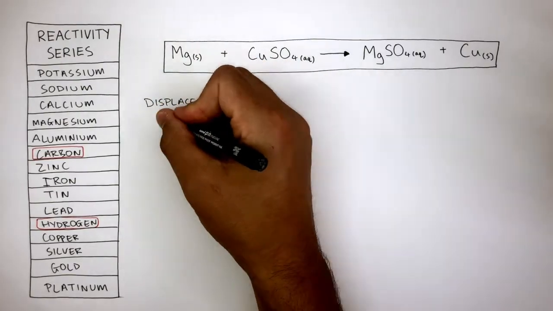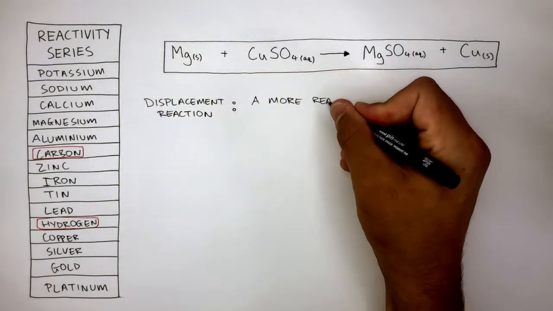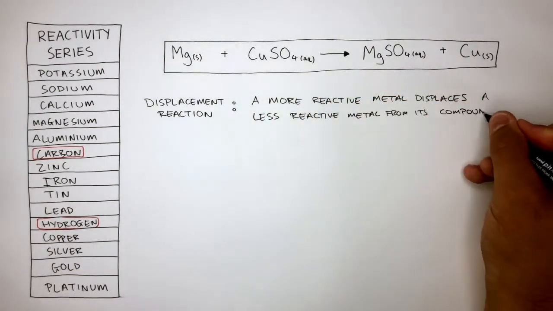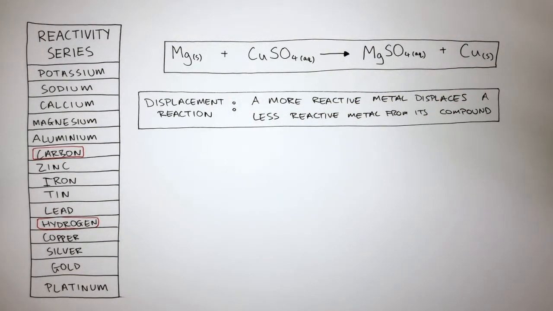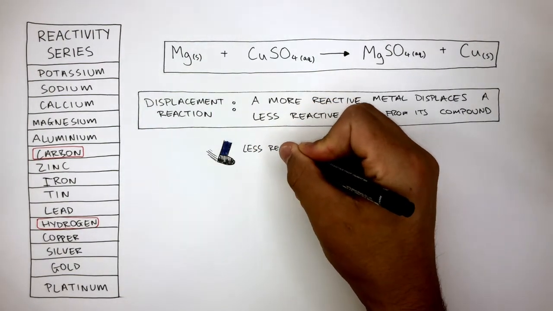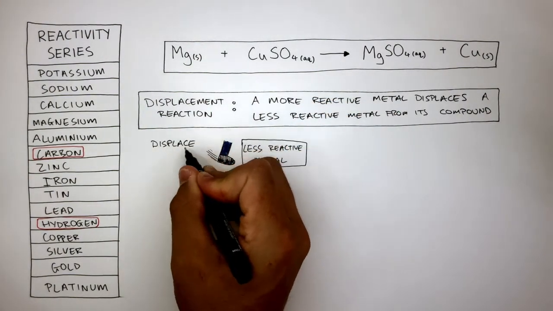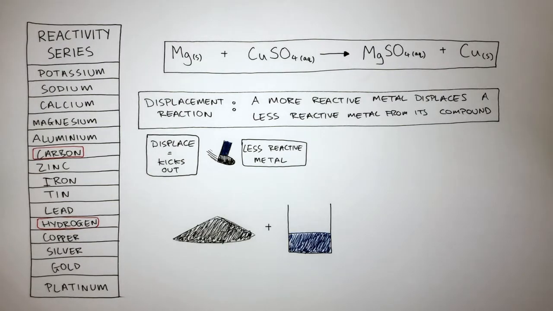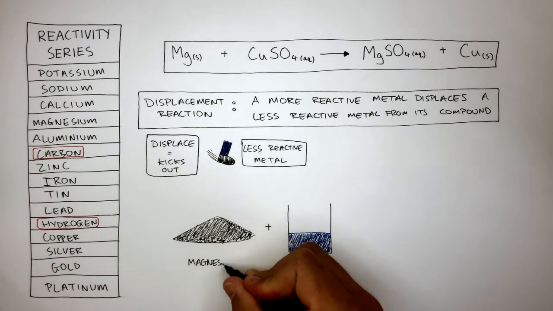So a displacement reaction is when a more reactive metal displaces a less reactive metal from its compound. You can think of displace as kicking something out, where a less reactive metal is displaced or kicked out by a more reactive metal. We can summarize what's happened in this chemical reaction using pictures, where this represents solid magnesium